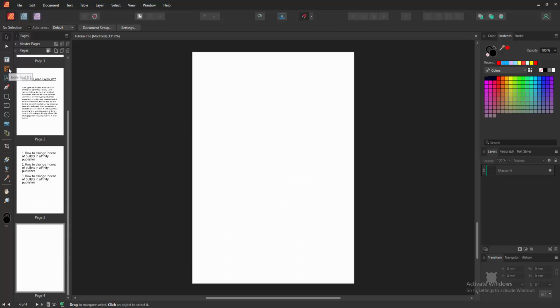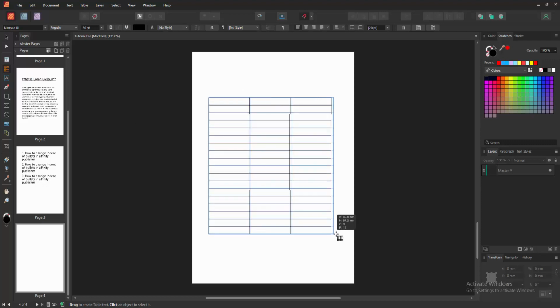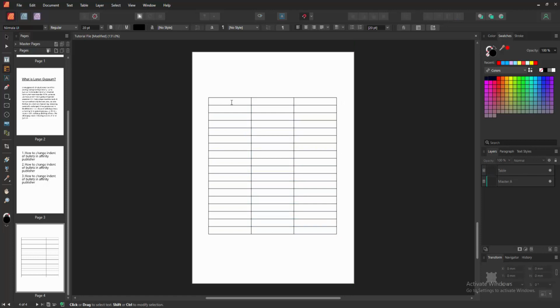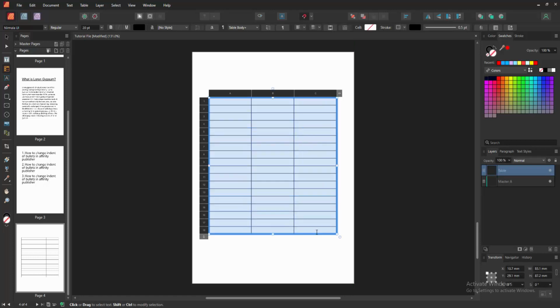Then select the Table Tool option, otherwise press T on our keyboard. Then draw a table on this page. Now we want to make this table border bold. Select all the borders, click and drag with our mouse,